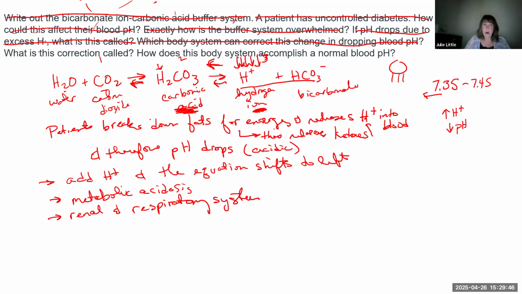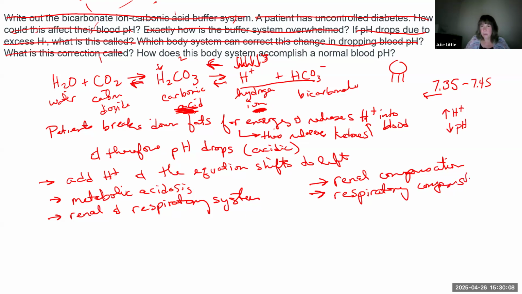What is this correction called? Well, it depends. If the renal system takes over, it's called renal compensation. And if the respiratory system comes to the rescue, it's called respiratory compensation. Compensation. It's such a hard word to write. So how does this body system accomplish pH correction? If we're in renal compensation, the kidneys excrete hydrogen ions. They also retain bicarbonate ions, meaning they keep it in the system and don't let it go out in the urine. But we're going to focus on the kidneys